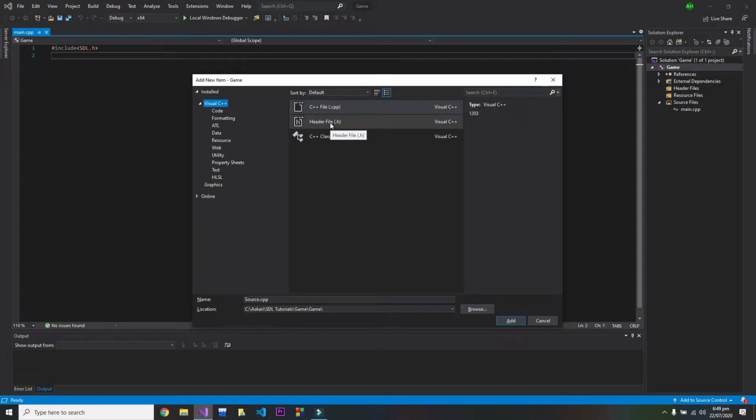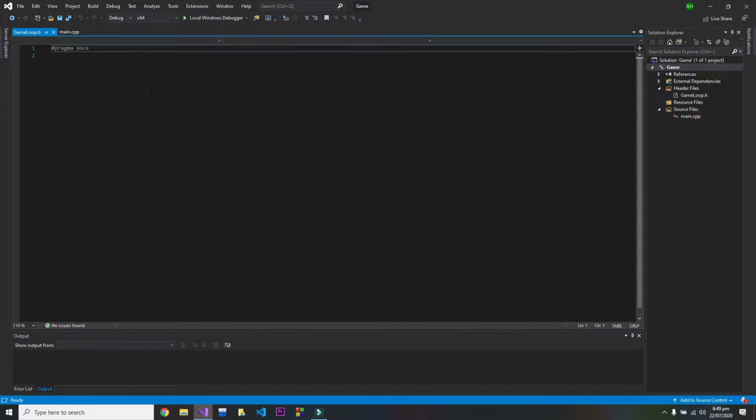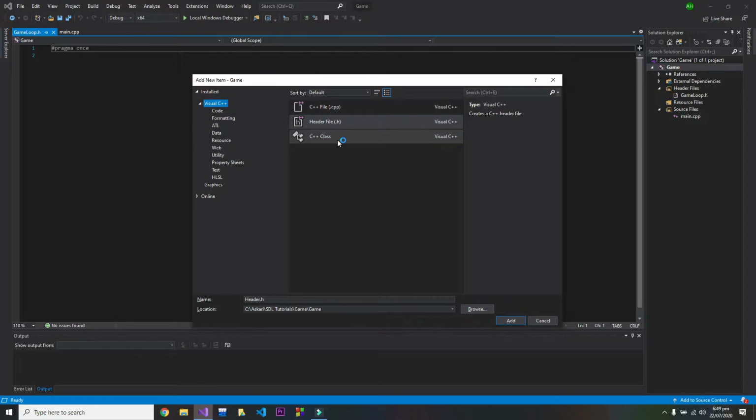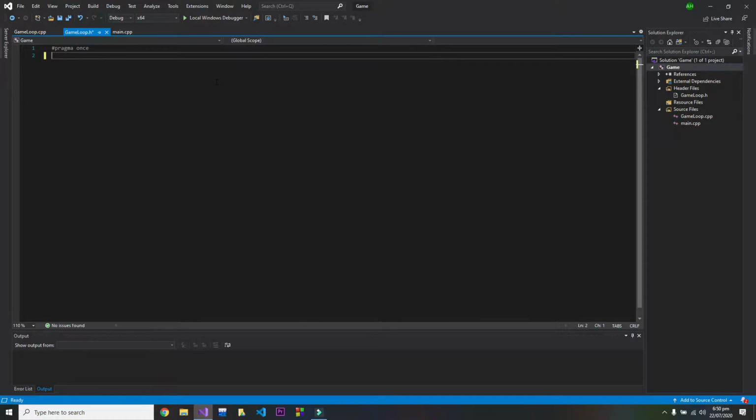and we will create our header file, sorry, and I will name it game loop. So this will add a game loop, and now I will create a CPP file, name it. So first of all, I will start by writing our class. This is class game loop,